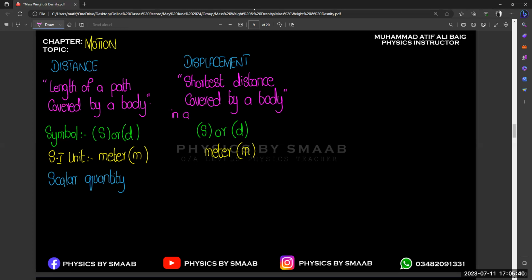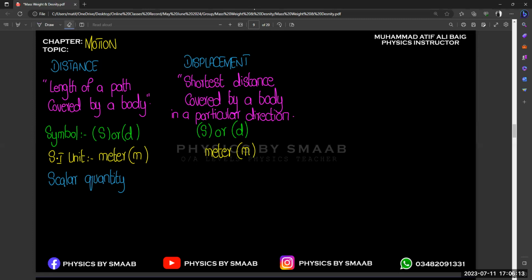So in a particular direction or in a specific direction, that completes the definition of displacement. Why does displacement have direction but not distance? Basically, if someone asks you how long it will take to travel from one point to another, let's suppose you want to walk from your school to some park, you roughly estimate and tell them it will be around 1 or 1.5 kilometers, right? So that is completely distance.